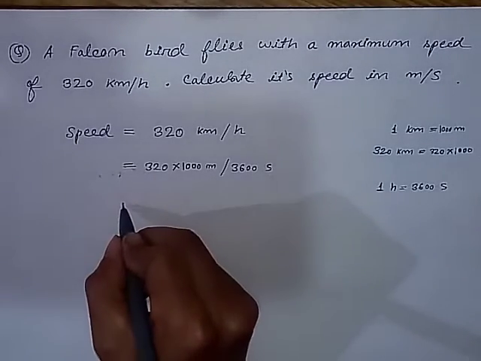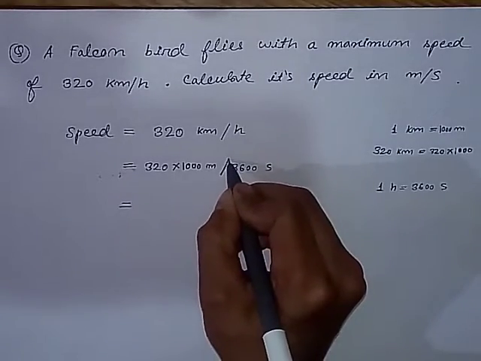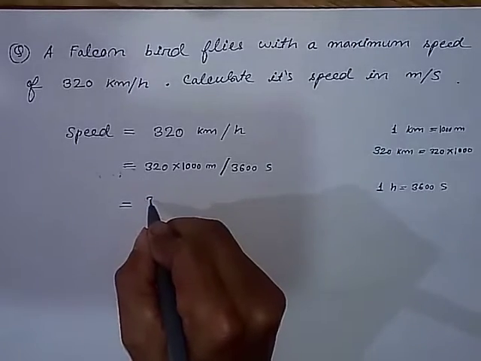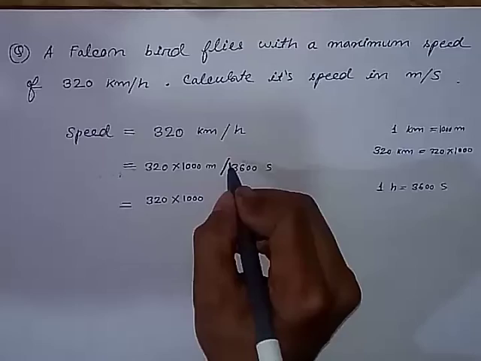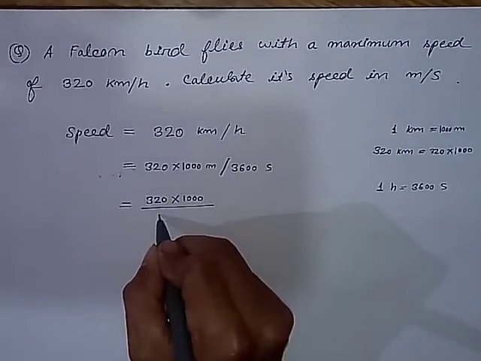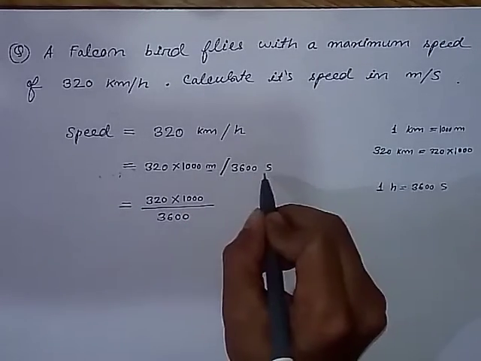Okay, equal to. So this is indicating divide. Okay, so now we will write 320 into 1000 divided by 3600 meter per second